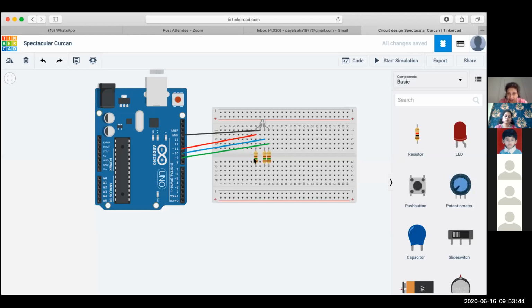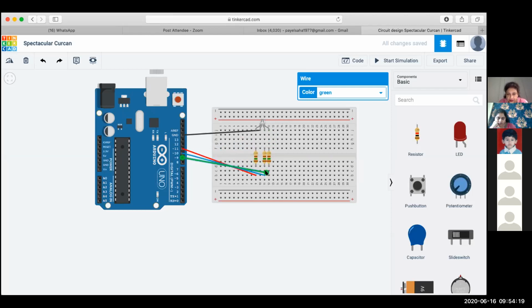Now one more change which I need to make is I have connected these wires directly to the RGB. So I have to move this terminal. What I do, I click on this and I bring the terminal to the other end of the resistor. Are you following it? This wire was directly connected to the RGB terminals, I'm shifting it to the other end of the resistors. Okay, so my circuit is done.